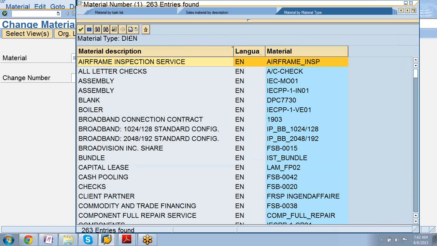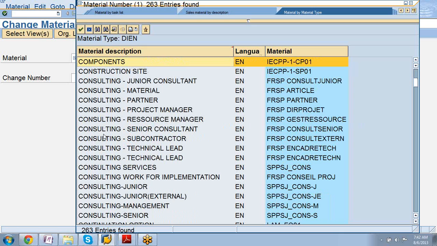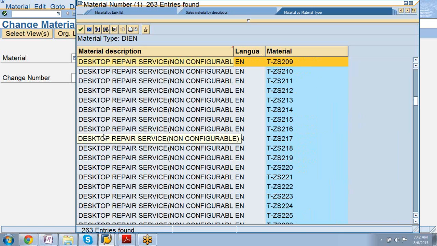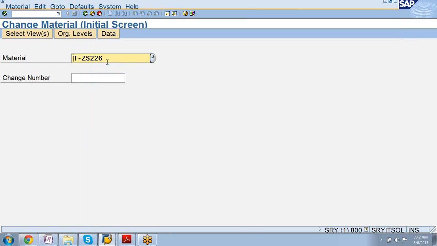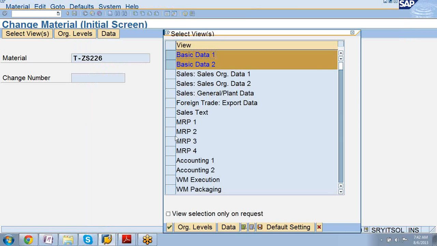so what is this material type DIEN? Just now we discussed before this we started with. DIEN is a service. So when you get into a service, that means, for example, there is a service for consulting services, cooling systems, desktop repair, non-configurable. So you can see this. I am trying to